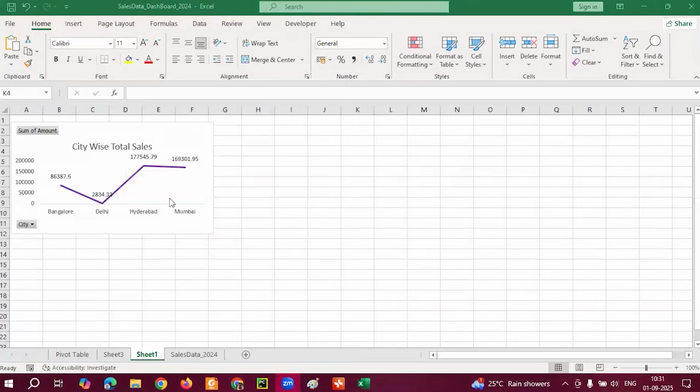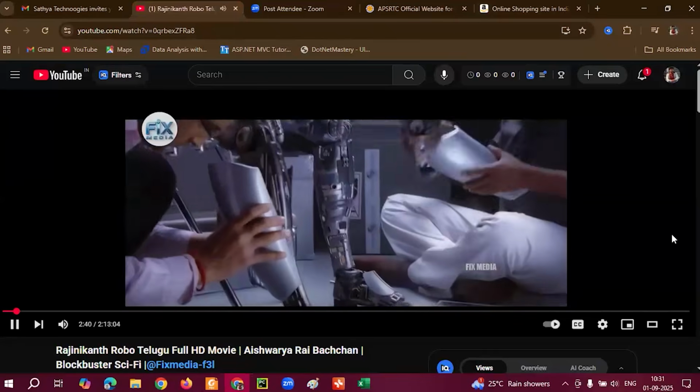Let's observe the data scientist a bit more. So mainly what comes there? Machine learning and deep learning. These are the two concepts that are very, very important, guys. But before going to the machine learning and deep learning concepts, let's watch one movie. Guys, do you know the Robo movie? Good. So for just 2 minutes, we'll watch the Robo movie. Then I will come back to the data scientist role.